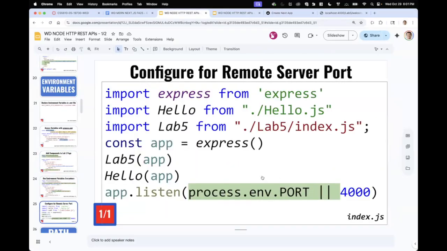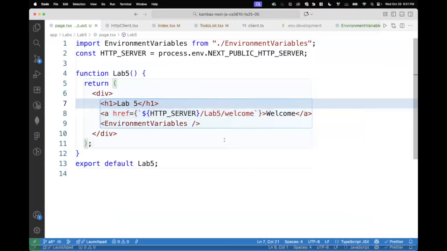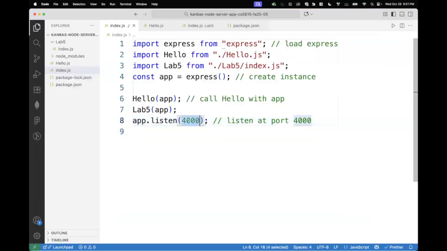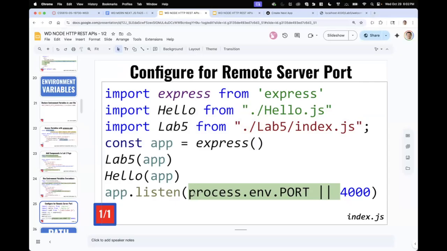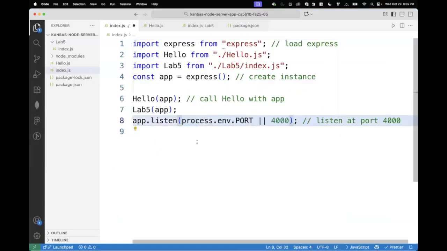Now locally, on the server, we're also listening at port 4000 and localhost. But when this runs in render.com or AWS, we cannot guarantee the port number that we're going to get. This port typically is assigned at runtime, and typically it's available as an environment variable called process.env.PORT. So we're going to use that here and say, well, if it's not defined, then